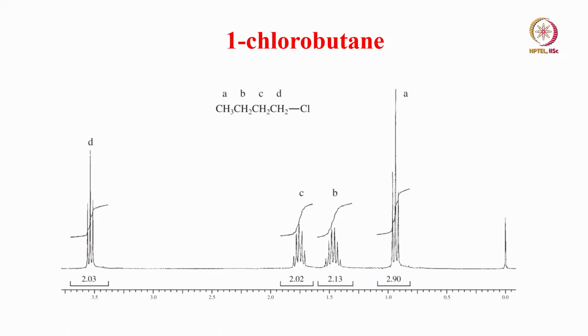Now I think the time is up, so I will stop here. What we understood today is that I told you a lot of information about coupling, multiplicity patterns, strength of coupling, and how you generate different types of coupling. We also understood the nomenclature for the pattern, whether it is a doublet, triplet, triplet of doublets, doublet of triplets, quartet of triplets, all those things, depending upon the strength of the coupling. It is applicable to every type of nucleus, not necessarily proton. And then we synthesized the spectrum.